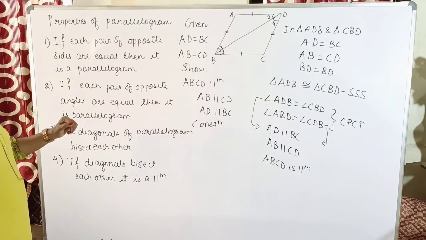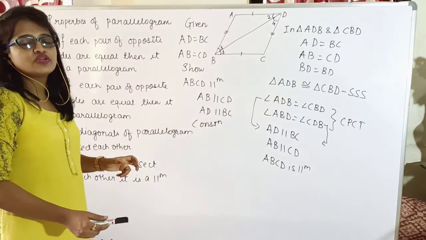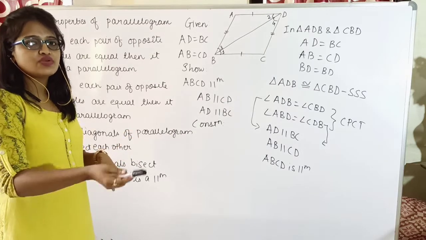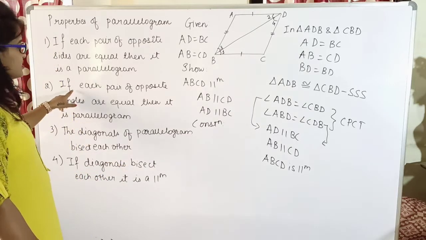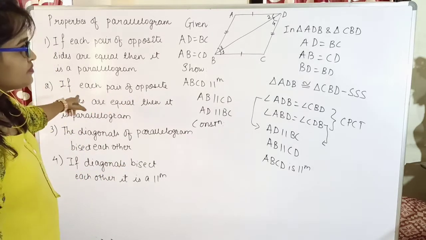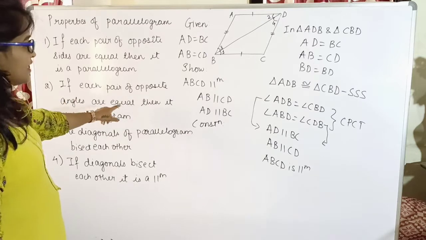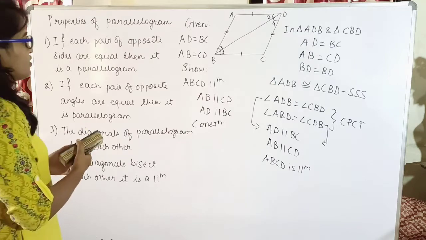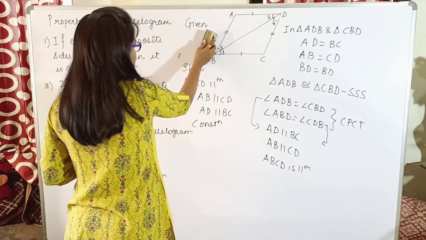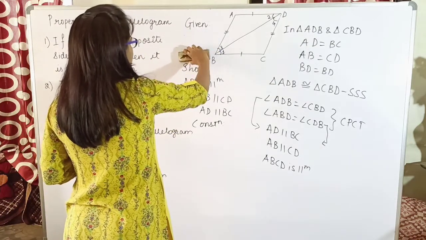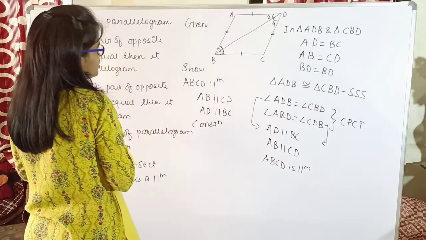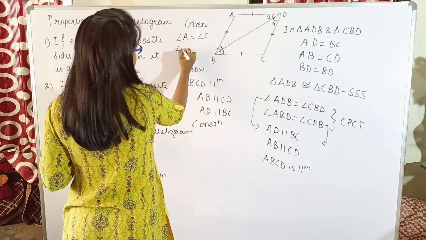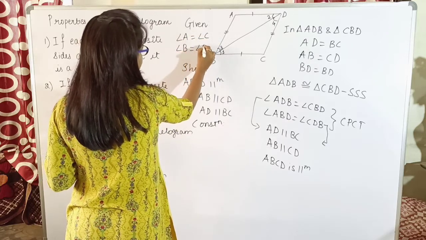Similarly, the next one, converse of the angles. We have shown in a parallelogram, opposite angles are equal. Here the converse would be, if opposite angles are equal, then it is a parallelogram. That's what the statement is saying. If each pair of opposite angles are equal, then it is a parallelogram. Okay, so let us now see. Now what will be the change in our given? Here I have to take the angles to be equal, isn't it? So which means angle A is equal to angle C, whereas angle B is equal to angle D.